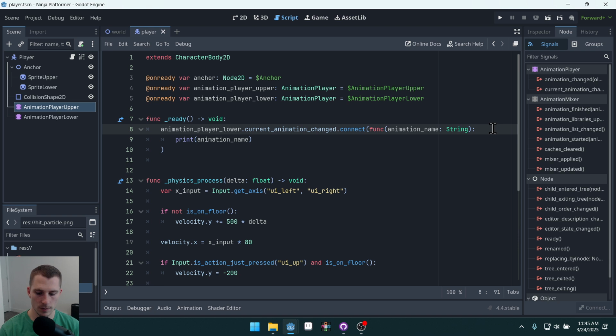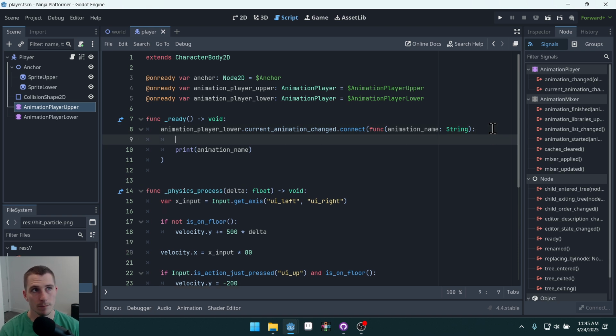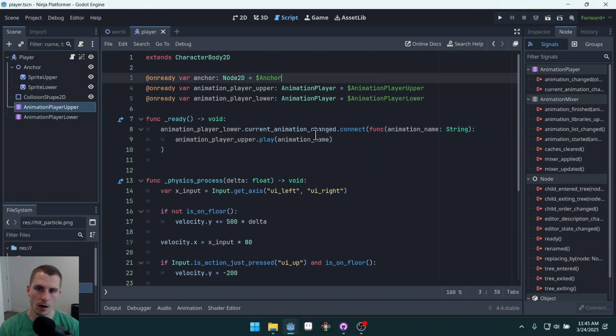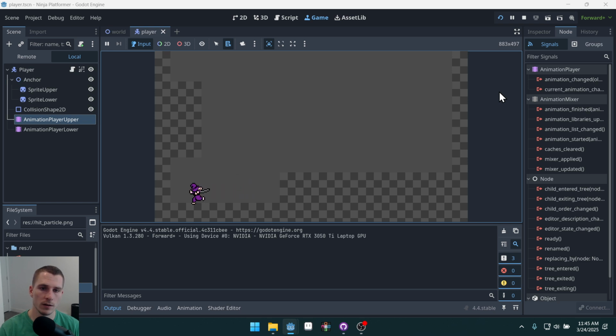So what we can do here is add some code that says animation_player_upper.play(animation_name). So now whenever our lower animation player changes animations, our upper animation will also play that animation. And that's how we can sync them together. You can see it works when we're running, jumping, it's all working, right? Now if we press space,